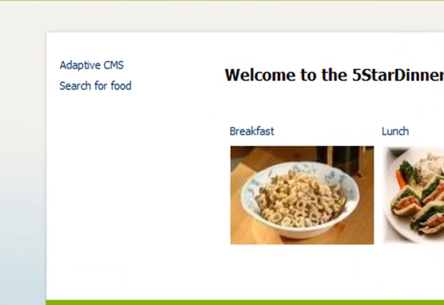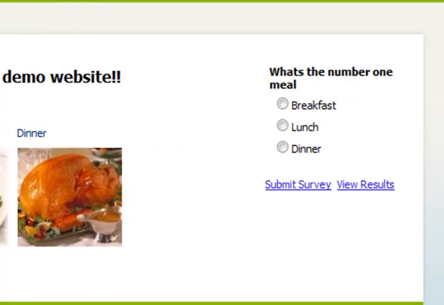On the left-hand side, we have the links module, which is basically a way to add a group of links to the page, make it easy to maintain and add those links. You can add a little image, a bold image that will display beside the links, and different things you can do with that. On the right-hand side, we have this survey module, where you can create quick surveys and get feedback